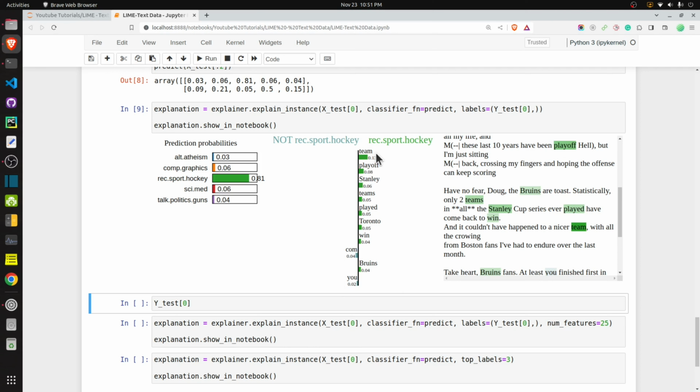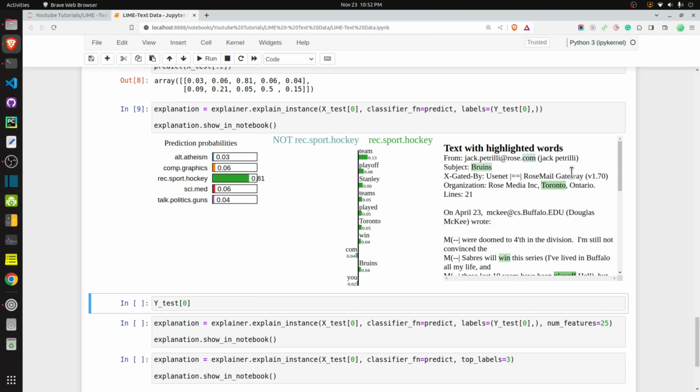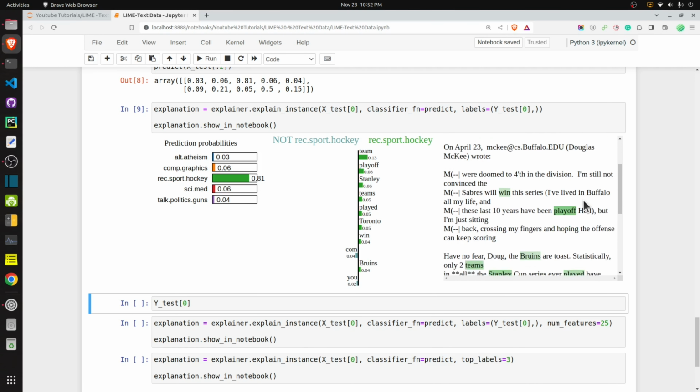This bar chart shows which words were used to make this prediction. Words like team, playoff, teams played, Toronto, win contributed to predicting this category, sport hockey. And this seems to be right because these are commonly used words in sports. And then in the original text, the words which contributed we can see highlighted over here.